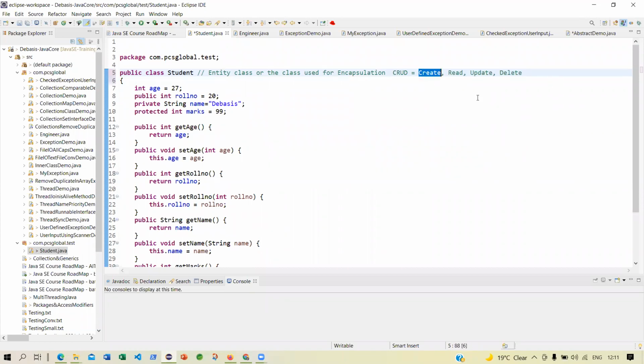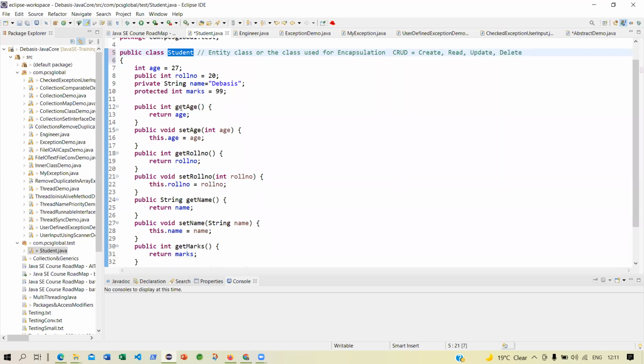You can create or insert a row in a table. You can read a row or you can read multiple rows. You can update a row, you can delete a row. These are the basic operations to manipulate the data in a database table. And you are doing that through an entity class, which is like a table, and through the getters and setters.